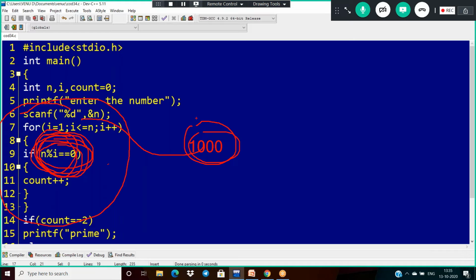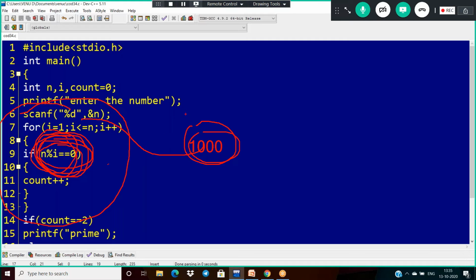As a good programmer, we have to reduce the number of iterations. Reducing the number of iterations means reducing the memory also. Reducing the memory means memory allocation will be reduced. Once memory is less, the burden on the processor will be less. Burden on the processor being less means increased speed of the program, which means the performance of the program is increased.